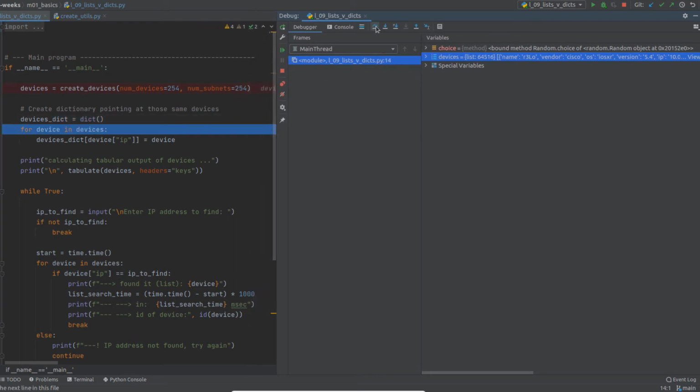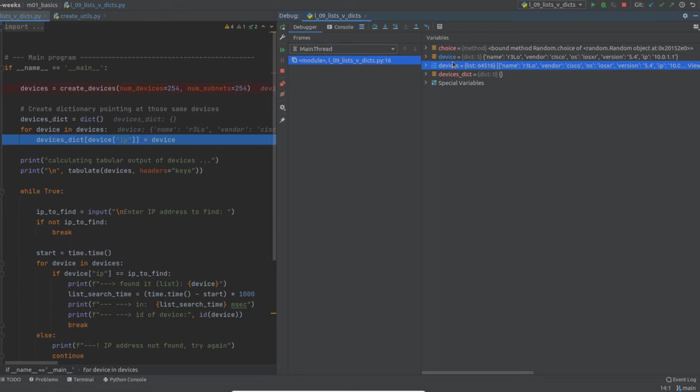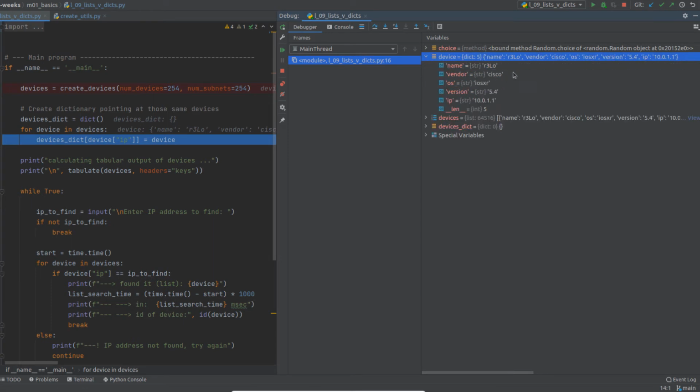I'm going to step. Now I'm at the beginning of my for loop, for device in devices, so what we should expect is that there will appear something called device when we go to the next line. So let's go to the next line, and sure enough, there's device. Let's look at device. That's very nicely displayed for me. I can see the device that I'm looking at right now, the first one. I can see the name, I can see the vendor, I can see the OS, and there's my IP address. That gives me some comfort because I know that that's